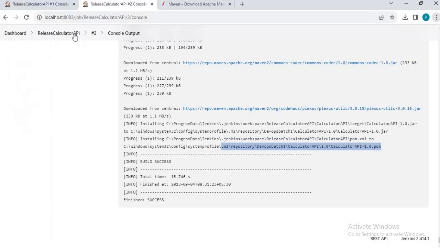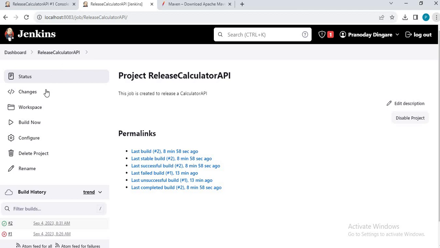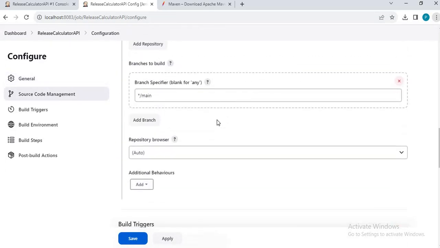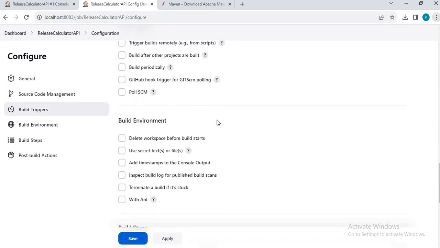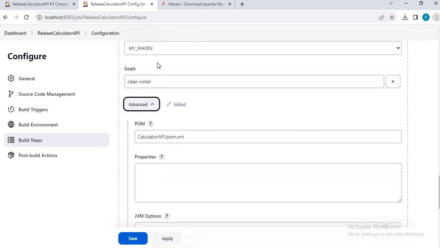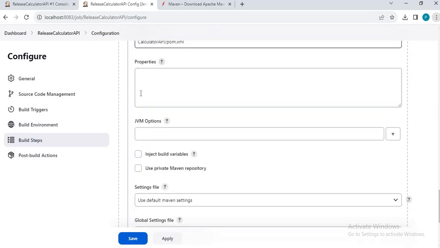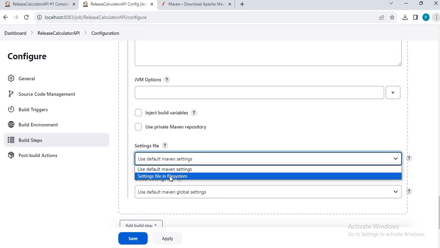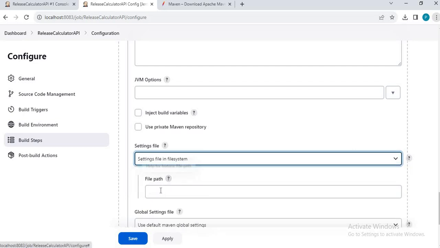Now let's go inside our job, configure, let's scroll down to the Maven section, and go to the advanced POM. We have already mentioned which POM it should take. Now let's go here, settings file in file system, and provide the file path.